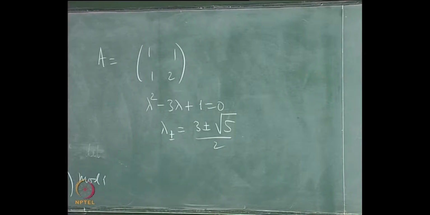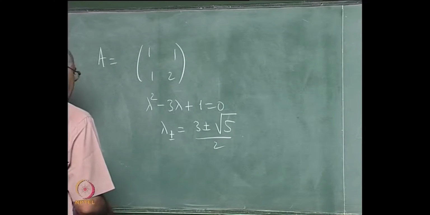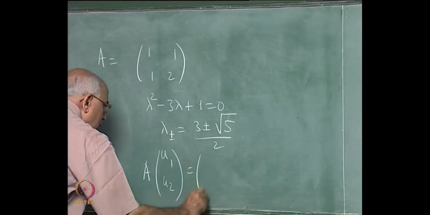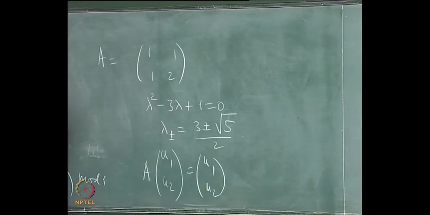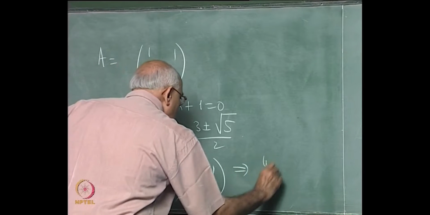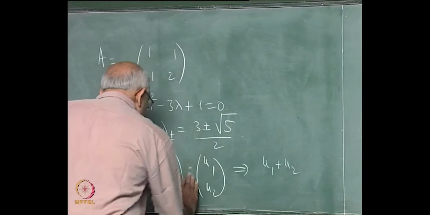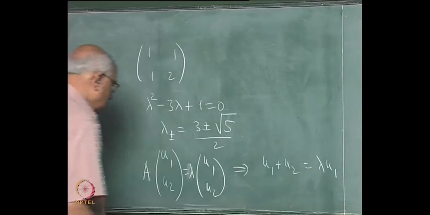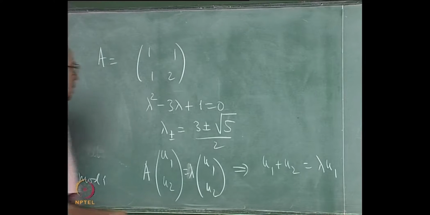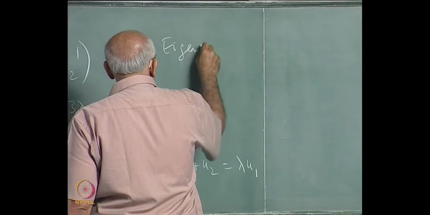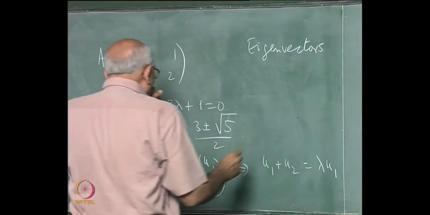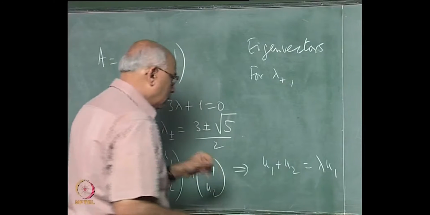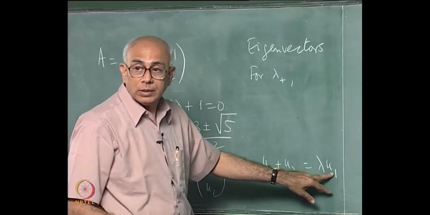We will check what the eigenvectors are as well. If u1, u2 is an eigenvector, then I apply this, and I insist that this be equal to lambda times u1, u2. So this implies that u1 plus u2 is equal to lambda times u1; the other equation does not give anything new. So it is clear that the eigenvectors